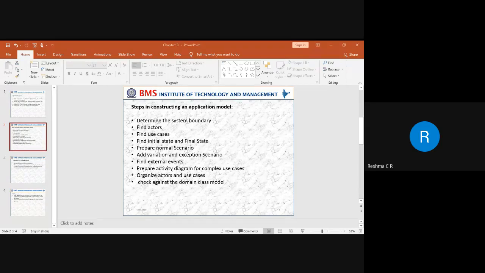Any other doubt? Sridhar? No, ma'am. Okay. So that is the test portion. I told you module 3 complete, but for module 3, this 13th chapter has to be completed. Still 2 more topics are left. I cannot give that for our internals. So up to finding the initial state and final state, up to there it will be there. That 13th chapter. Okay.